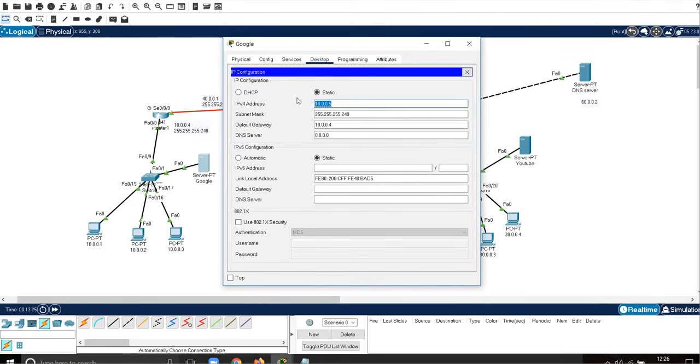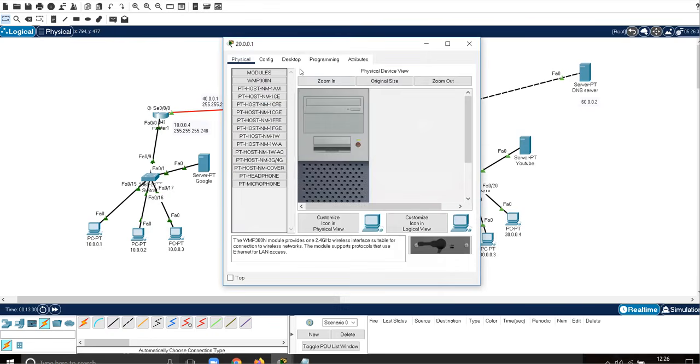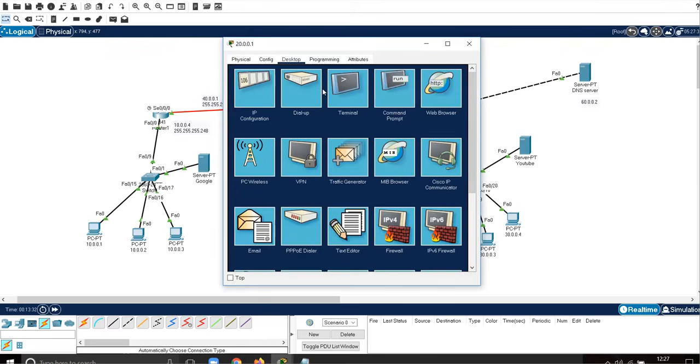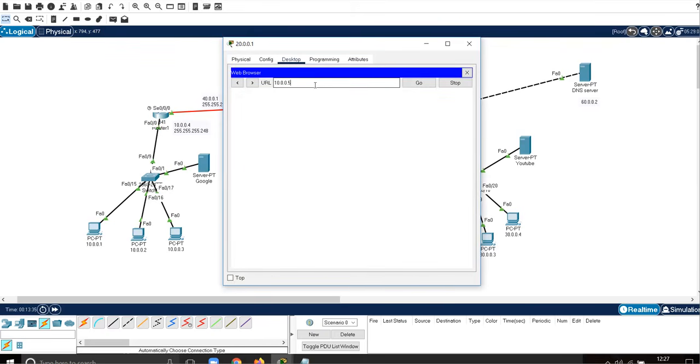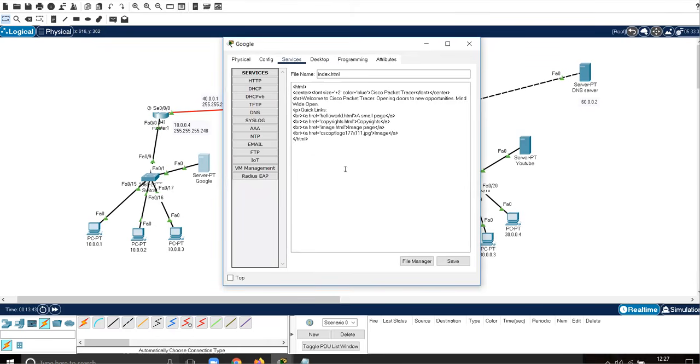If you use 10.0.0.5 from any PC, from everywhere, if you go to a web browser and put 10.0.0.5, then this Cisco Packet Tracer page will open. Why? Because this is made by default on this PC. So I want to rename this to Google. I will change this Cisco Packet Tracer into Google, and you can change the